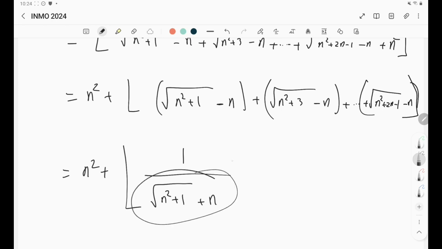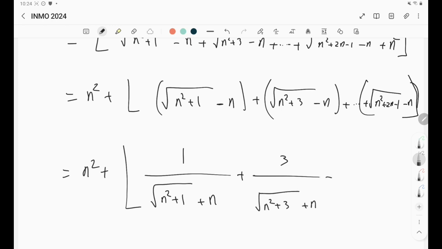We multiplied both numerator and denominator by the conjugate. You can do the same for the others. Now if you multiply by the conjugate, you get n squared plus 3 minus n squared, so you get 3 divided by root n squared plus 3 plus n, and so on,